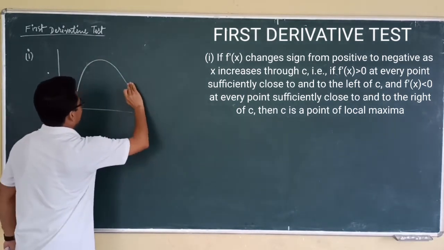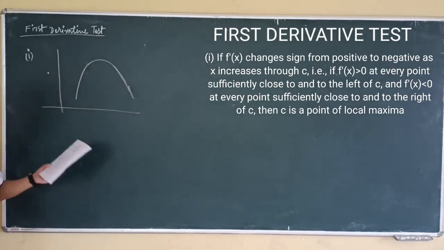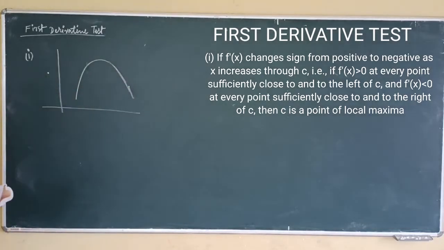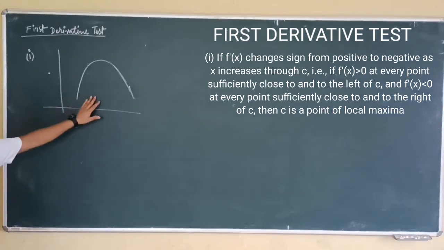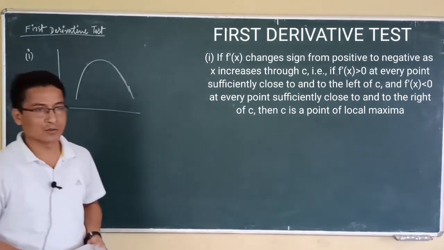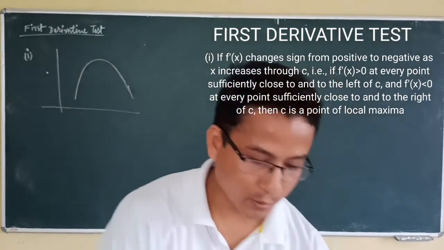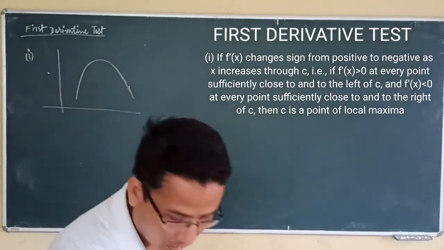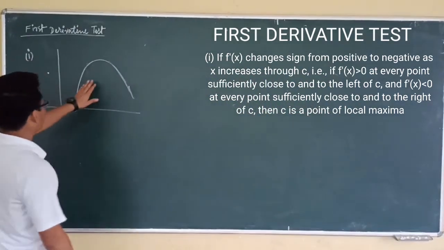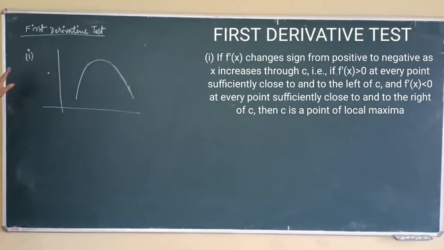my diagram is not so good, you adjust it. So I will draw one graph, by looking at which you have to know that this is a maximum graph. So how do we find this is a maximum? Although we know this graph is a maximum graph, the first derivative test, Roman number 1, the first condition